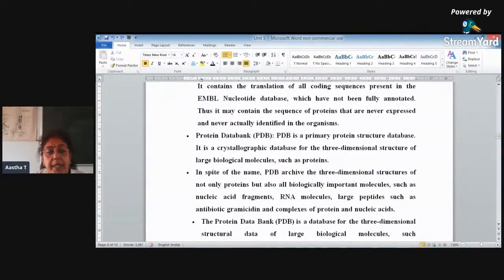Then protein data bank. This protein data bank is a primary protein structure database. It is a crystallographic database for three-dimensional structure of large biological molecules such as proteins. This PDB is a primary structure database, and crystals of these proteins, X-ray crystallography